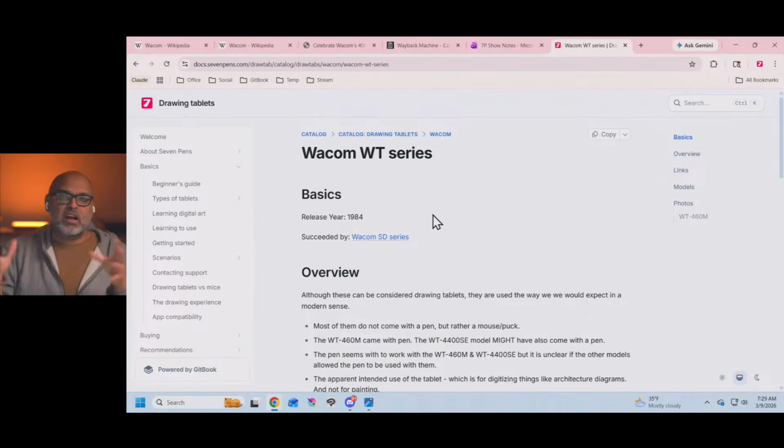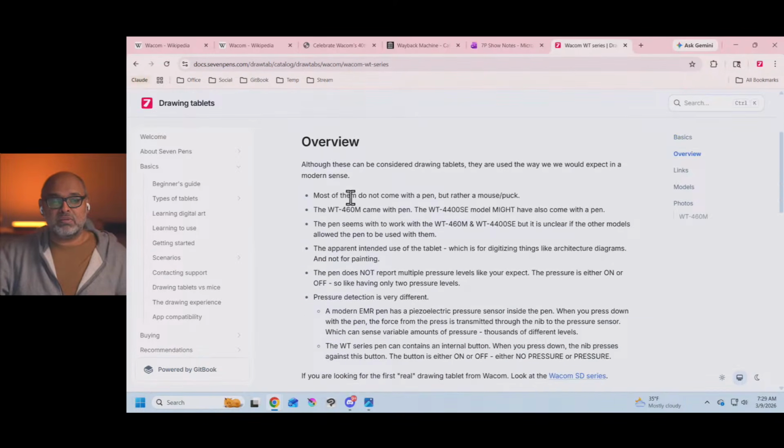A lot of us have never really seen someone use a digitizer. That word lives on in drawing tablets, but digitizing, and who does it and why they do it, is a different world from our world. And we're going to see a video of digitizing later on. So here are some differences about the WT.